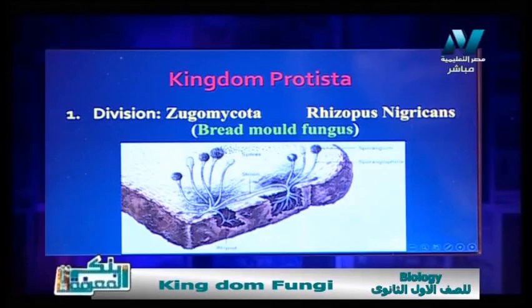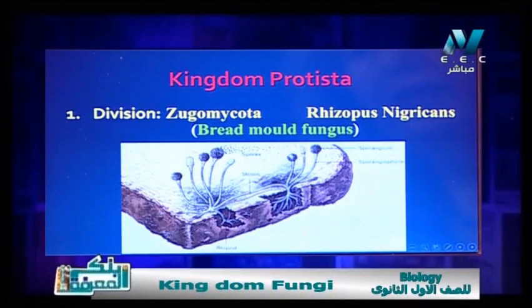This mold grows on bread, and as you see here, it is composed of many filaments, and the collection of these filaments are called mycelium. So in one point, you can notice the presence or the growth of root-like structures, called rhizoids, and